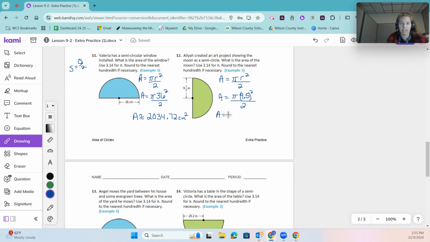So 9.5 squared is 90.25 pi. And then again, dividing that by 2. So I'm going to multiply by 3.14. And that's going to give me the area equals, I'm showing it in all the steps this time. That way you can see each of the pieces along the way. And I'm not going to round here yet until the very end. My next step, I'm going to divide by 2. And then I will only round at the very end,